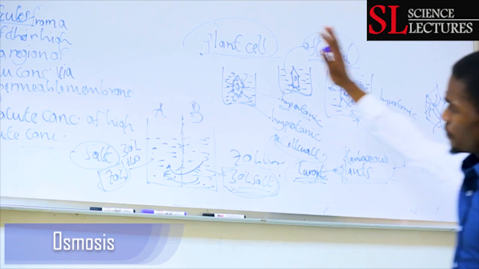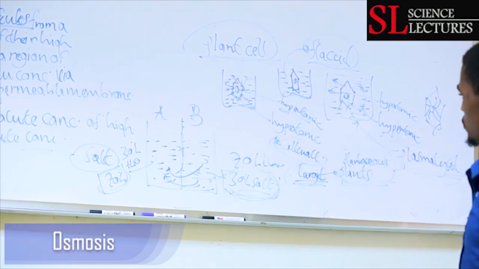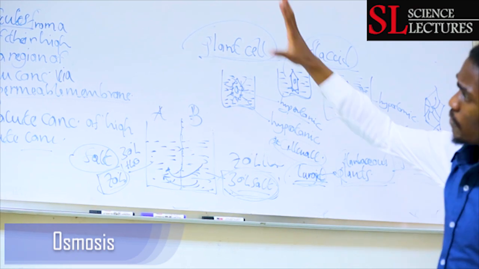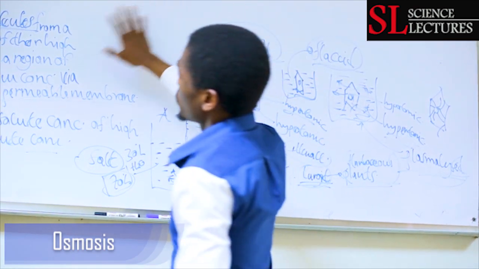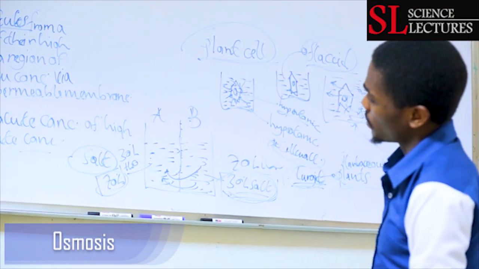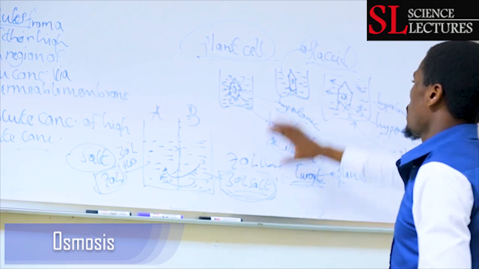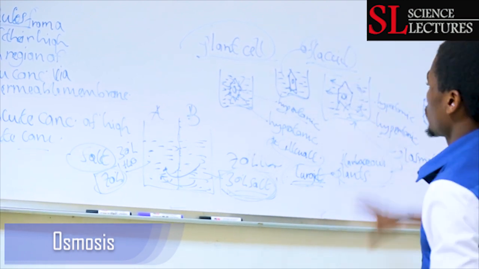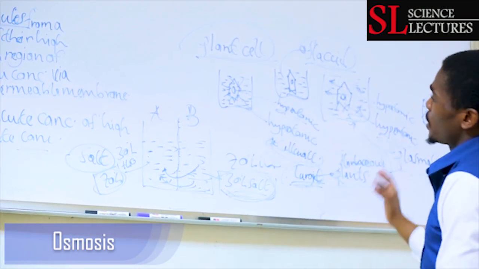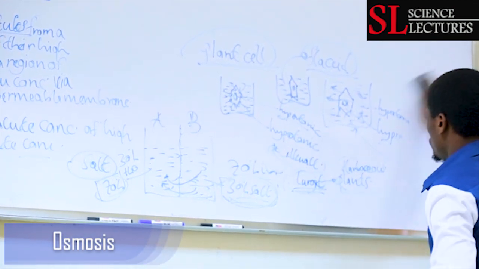Different concentrations of fluid will affect the cells differently. So movement of water molecules from a region of their high concentration to a region of their low concentration via a semi-permeable membrane is very important, or from low solute concentration to high solute concentration. Our solutions can be hypertonic, they can be isotonic. But more in application, what again we need to know,